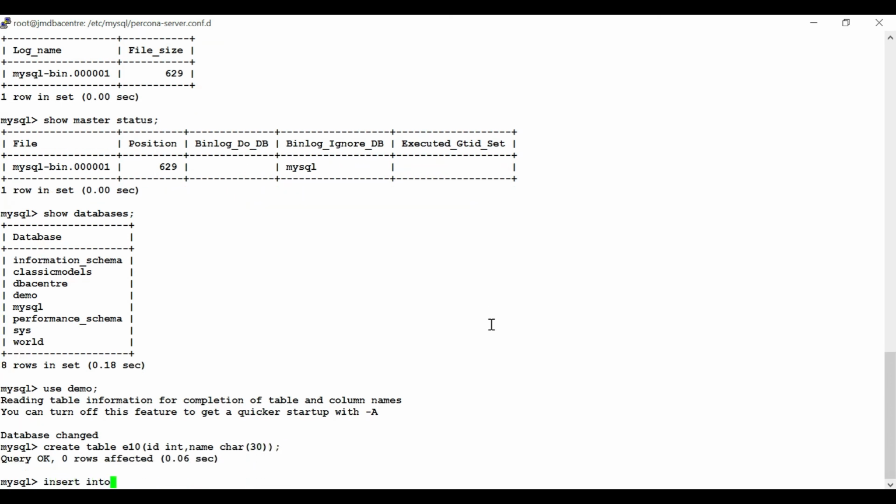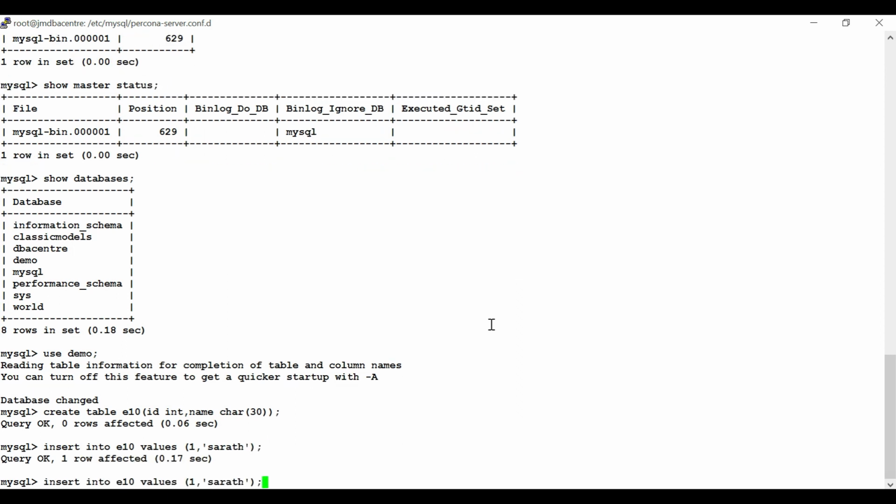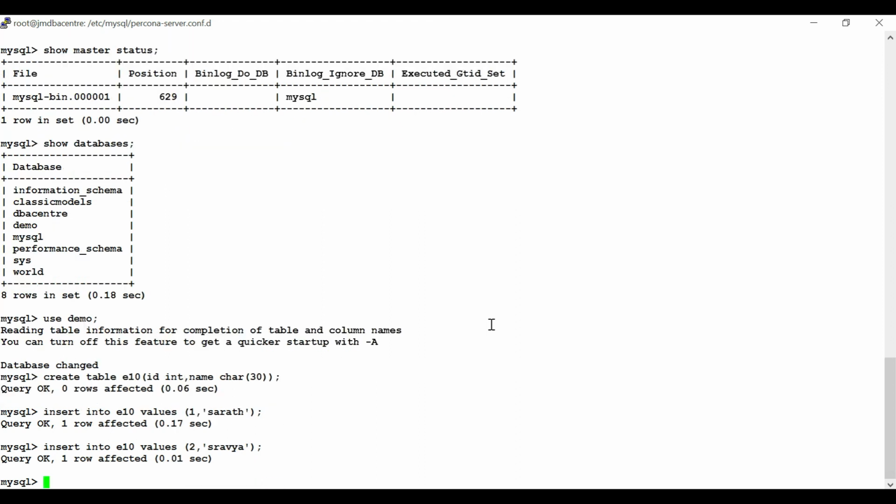Insert into E10 values 1, comma, name, any name. Okay, 2 records are inserted.